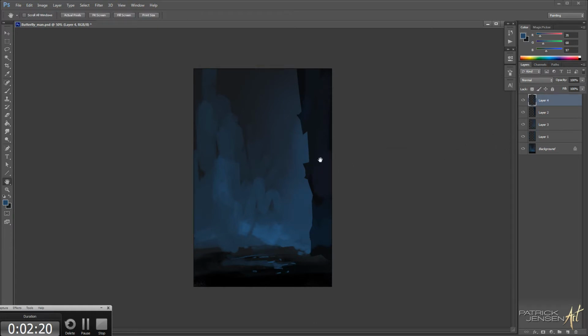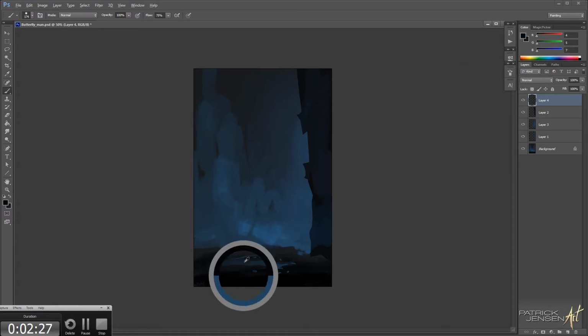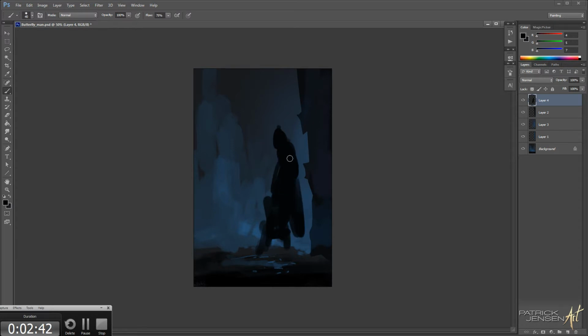All right, new layer. Yeah, so this guy is going to be kind of a butterfly looking dude in a trench coat, chilling outside this bar. Maybe he's waiting to get in, or maybe he's taking a break. Had too much fun inside. There we go. It's looking good. Little antennas. And maybe